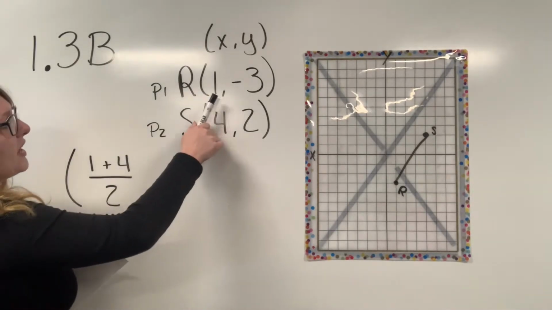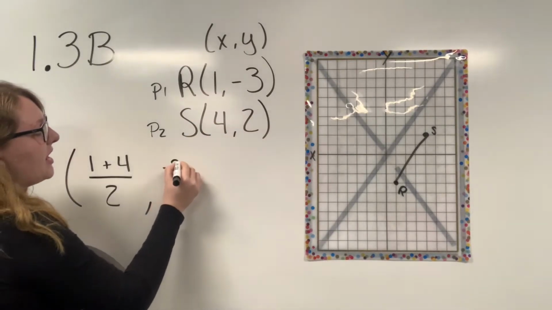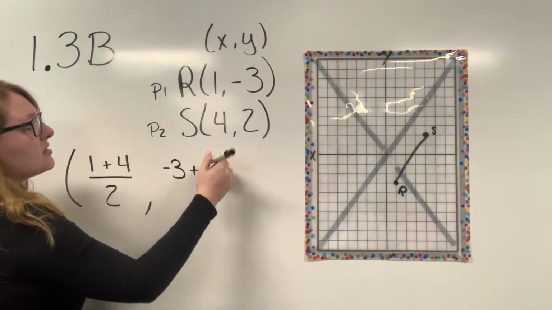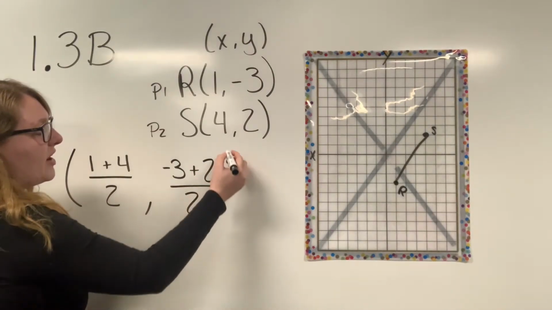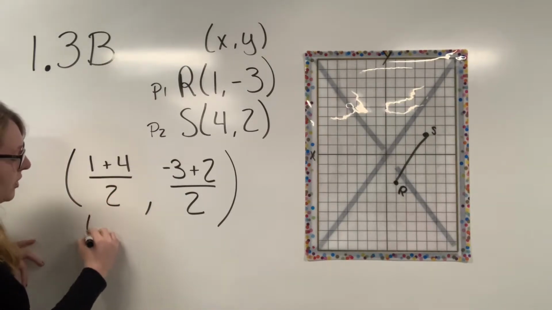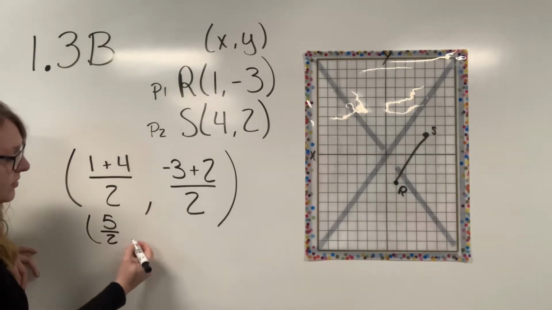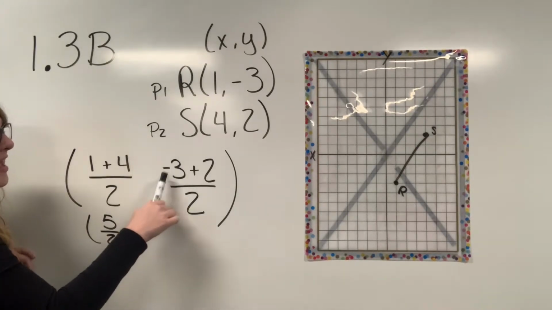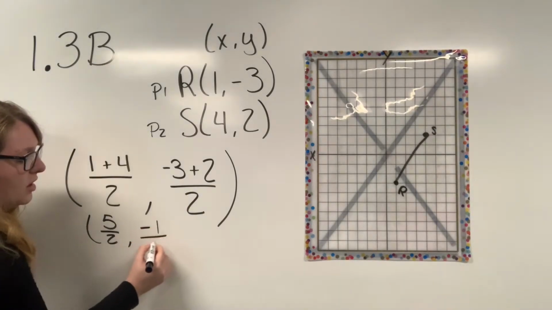Then I look at the y. Since this is our point 1, this is our y1. So I'm going to say -3 plus our y2, which is 2. Divide that by 2, and that's our first step to finding our midpoint. Now we just have to simplify. 1 plus 4 is 5, but we keep that divided by 2, comma, -3 plus 2 is a -1, also